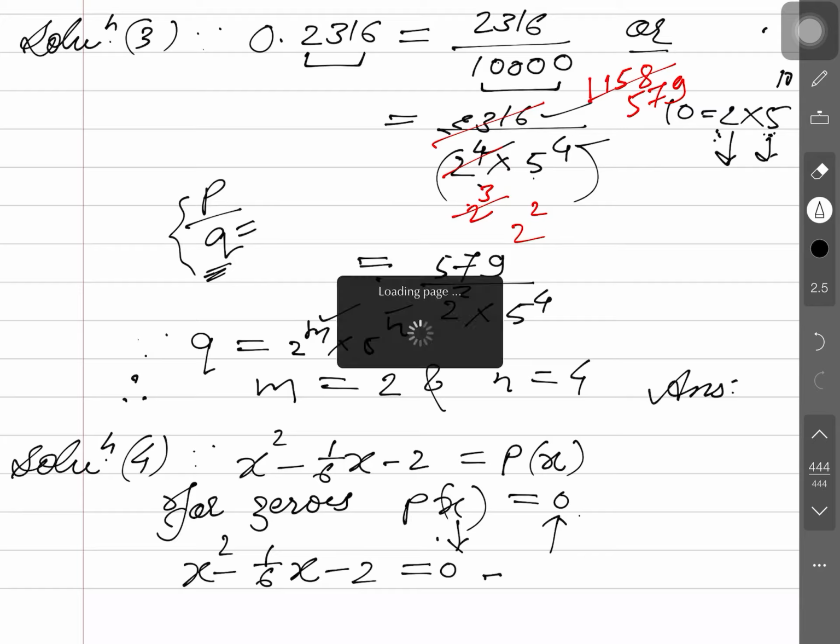I am writing this again, x square minus 1 by 6x minus 2 is equal to 0. You see here that the degree is 2, so this is a quadratic type polynomial, right? So can we solve this directly? No. The coefficient 1 by 6 is a rational coefficient, and however we can solve this, it is always problematic. It's not problematic, it's actually the odd one out. Sometimes students deal with that in a difficult way.